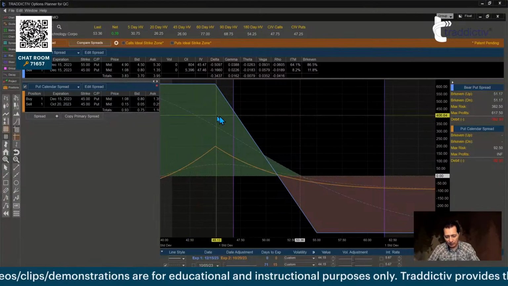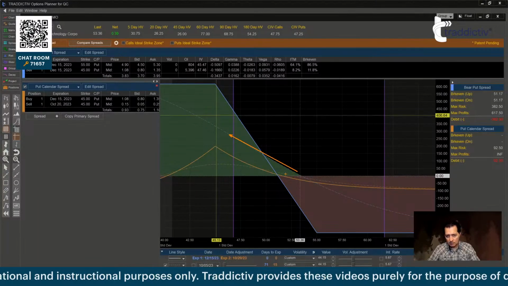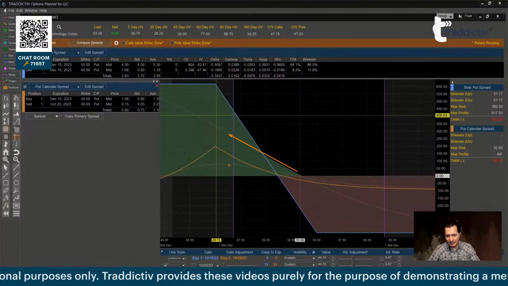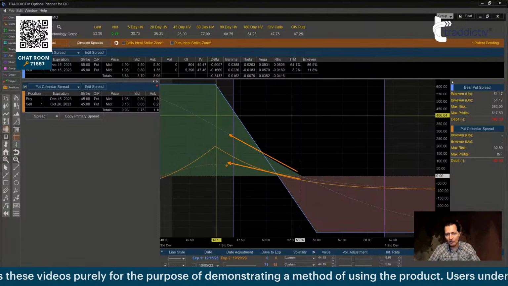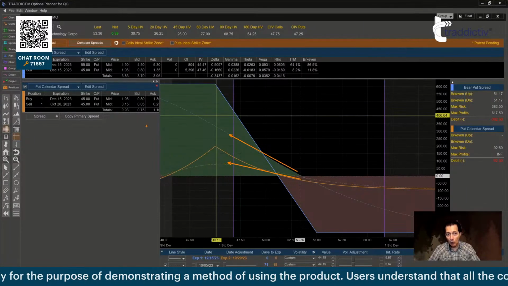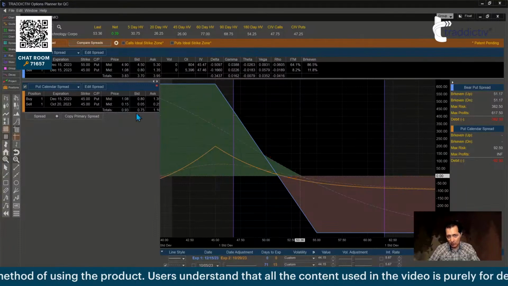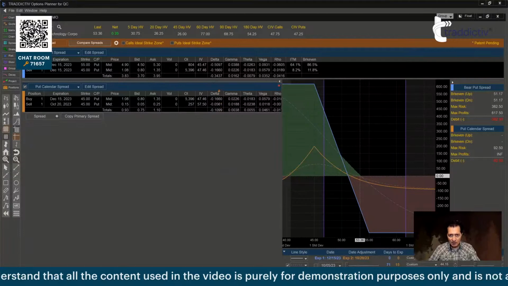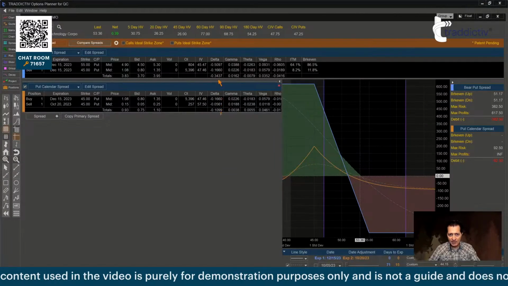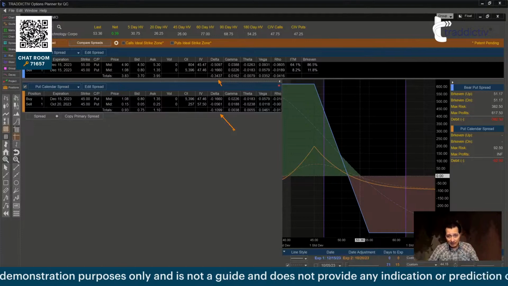Okay? Now, notice how both trades profit as the stock goes down. You go in the green. Now, in this case, as the stock goes down, you also go in the green, but notice how the angle of profitability is less. Why? Because it's cheaper. So you get paid more slowly, which is you get less delta. The one above, you get 34 delta. The one below, which is the horizontal, gets you 10 delta, right?